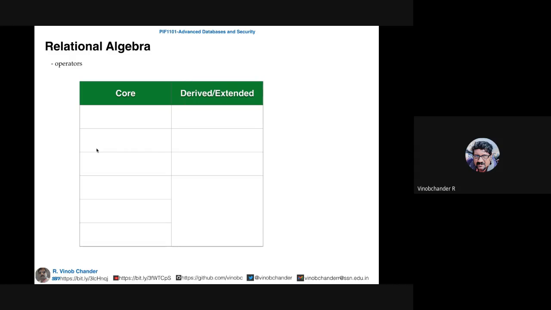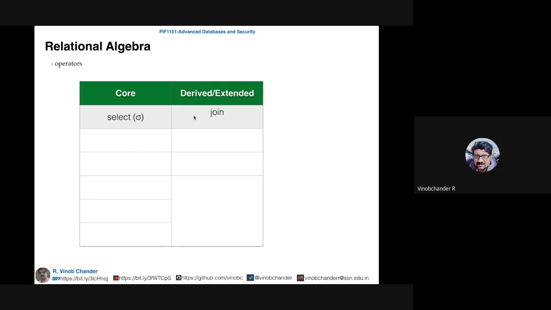So these derived operators are also sometimes called extended operators. They are extended from the basic or fundamental operators. So the core operators and derived operators include the select operator, right? Sometimes specified using this particular symbol. The symbol for the select operator is this. I think it is referred to as the sigma symbol. And you have got join operators. The join operator is a derived operator. We'll talk more about these operators later, but now let us get the overall taste of what is available.